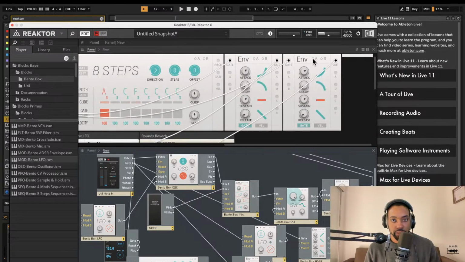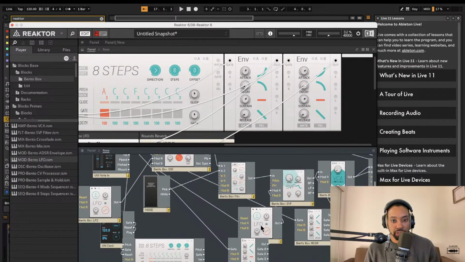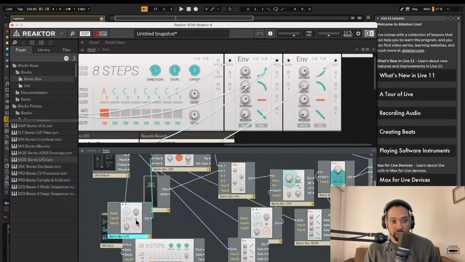So we can modulate the envelope. We can choose to use an LFO to do that. Or not. Didn't like that one so much, so